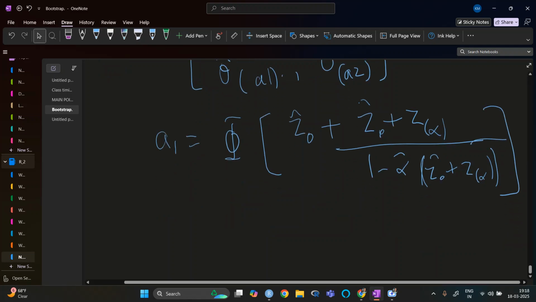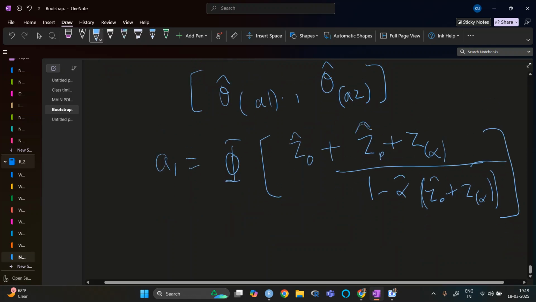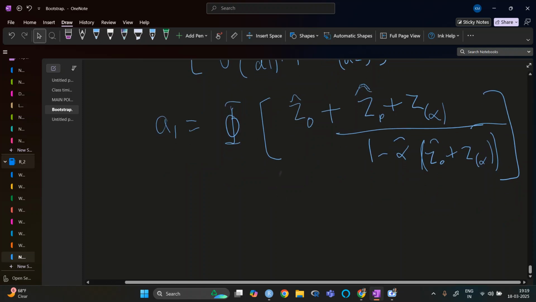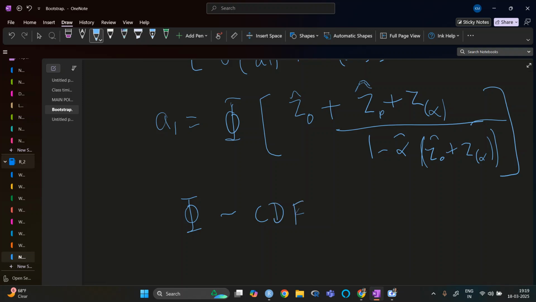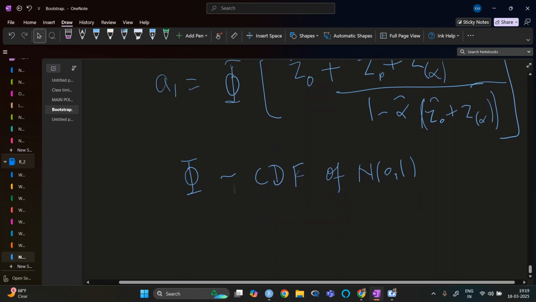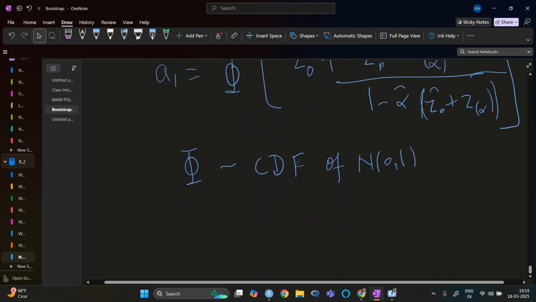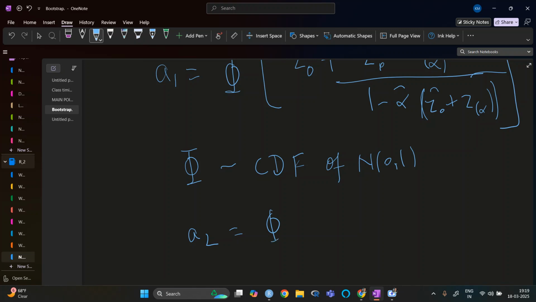So z alpha, like it is for the normal distribution. This phi is the CDF, so phi is the CDF of normal 0, 1. This one is A1, and for A2 just replace alpha with 1 minus alpha. So it is